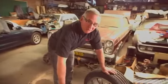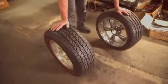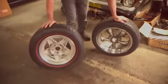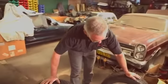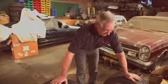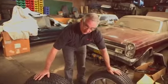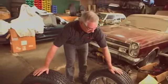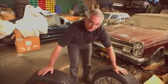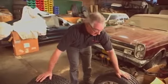Here's one of the reasons why most people require an RRS suspension and steering system. When you upgrade from this type of tyre and rim to this, it places a greater demand on the steering geometry and suspension response, to take full advantage of the handling that you can get from these modern wheels and tyres. So let me show you some of the things that have been upgraded on this GT